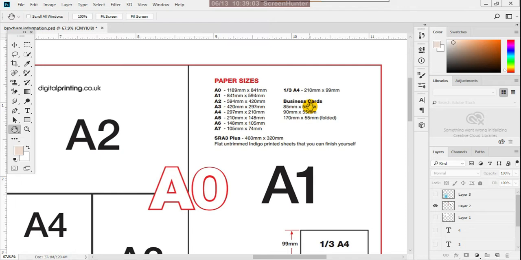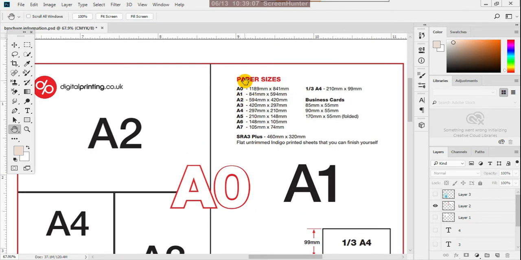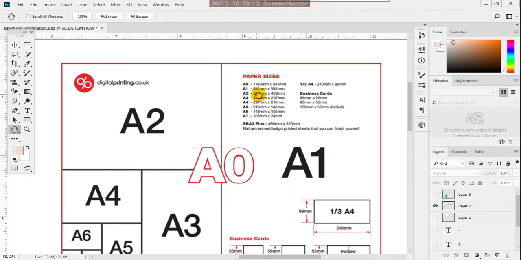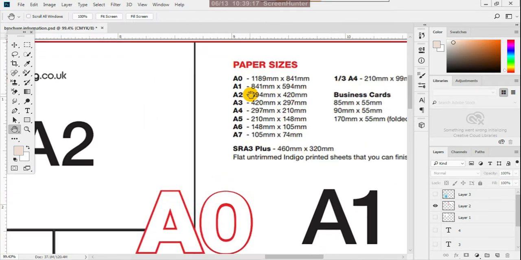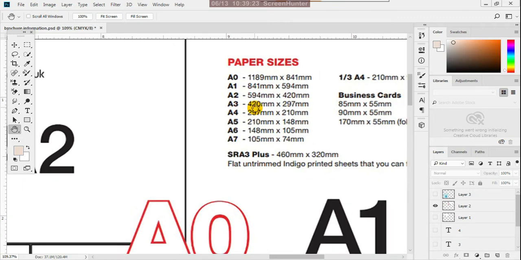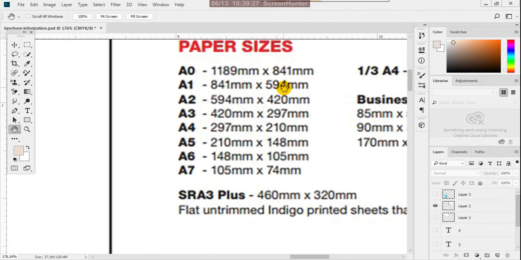This is a very big size. Half of that size we use as A1. Then half of the A1 size is A2 size. Here we have the measurements for the A2 size: 594 mm into 420 mm.